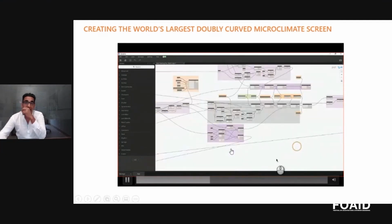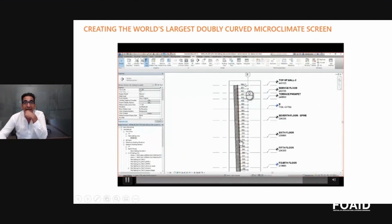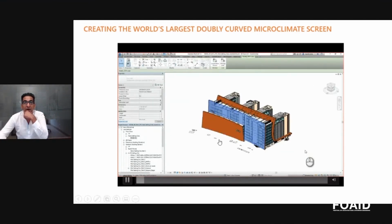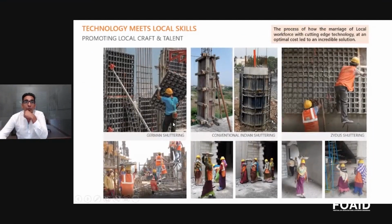This is Dynamo, to determine how this doubly curved wall, which was to be built by local contractors and local craftsmen, how would we send this data to them? It's a 150-meter long wall, about 40-50 meters high, and what would be the methodology of working that? So eventually, we managed to create this computational model, and based on that, we got all the data points, which we then translated into 2D drawings, which would be workable by how we pour concrete in India, which is still a reasonably manual process, but a combination